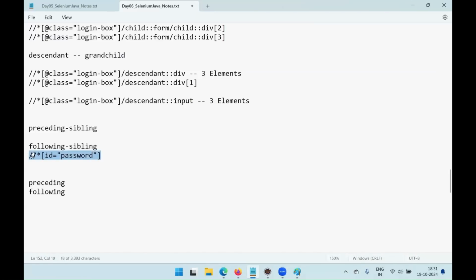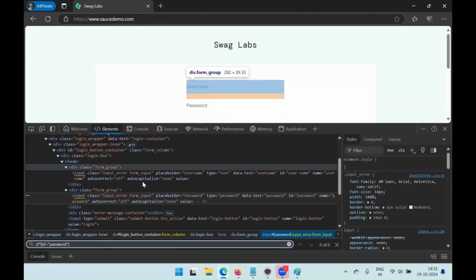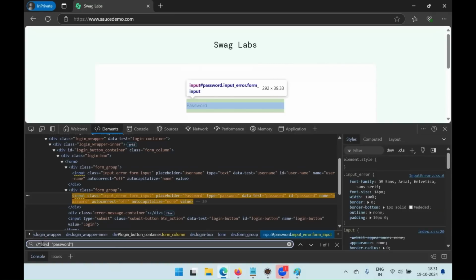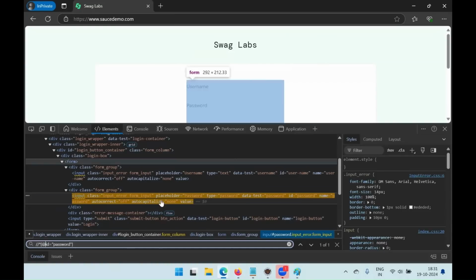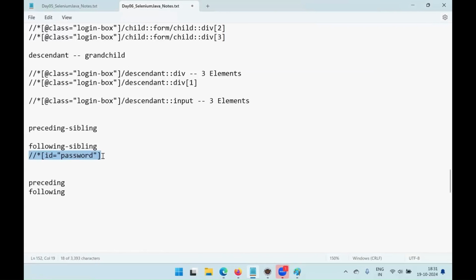So this is the current node that I am having. Control C, Control F here, and you can find the username. Okay, I should put @ID. So the password field is highlighted. The current node is password. On the password element,